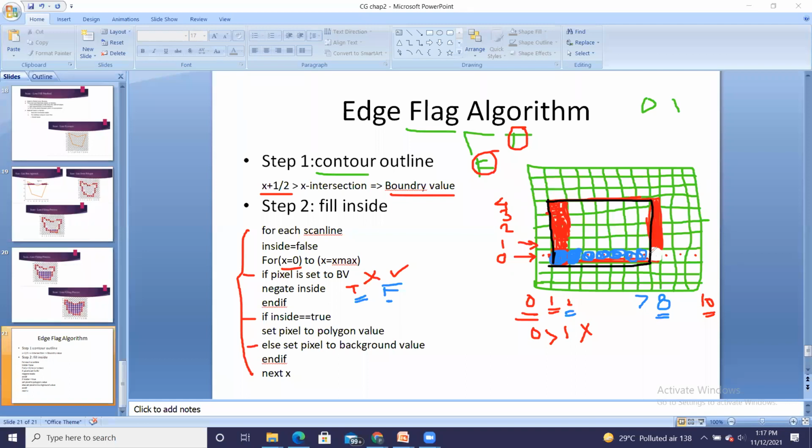And that's why the last pixel which was given the boundary value is again converted to the background value, and this process is repeated for all scan lines. This is for scan line number 0. For scan line 1, the same process is repeated up to scan line 4. Getting it?